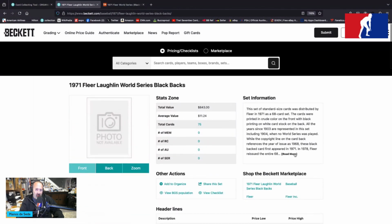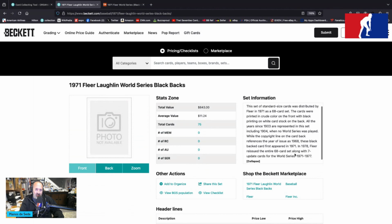set of these. Beckett also tells us the set of standard size cards was distributed by Fleer in 1971 as a 68 card set. The cards were printed in crude color on the front with black printing on white cardstock on the back. All the years since 1903 are represented in the set, including 1904, when no World Series was played. While the copyright line on the card back references the year of issue as 1968, the blackback cards first appeared in 1971. In 1978, Fleer reissued the entire 68 card set with 7 update cards for the World Series